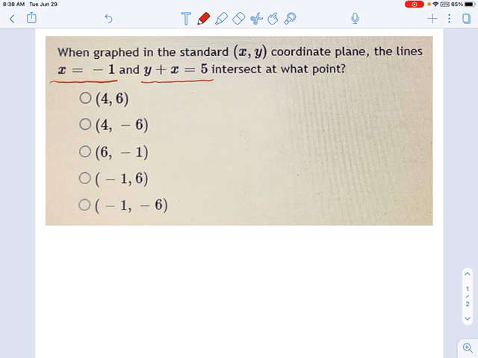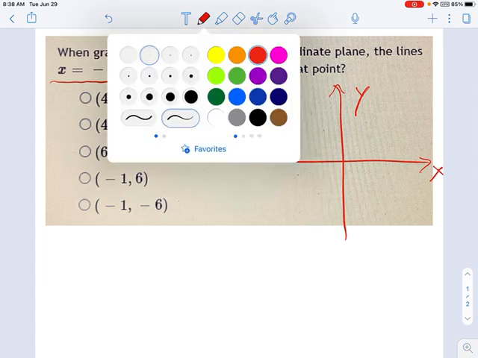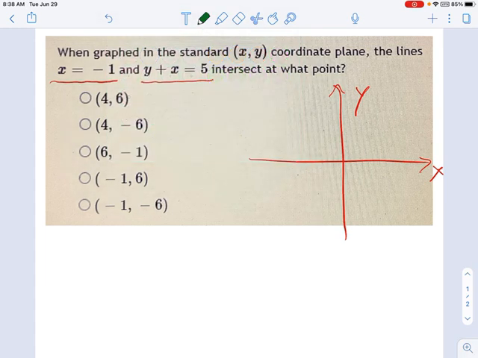But let's go ahead and graph it. It might make the picture a little more clear. So let's say we have an xy coordinate plane like this. Okay, here's my x coordinate over there. And x equals -1 is going to be this line right here. And I'm going to draw this in a different color so we don't get confused about what's an axis and what's a line. There's my first line, x equals -1. And the second line,